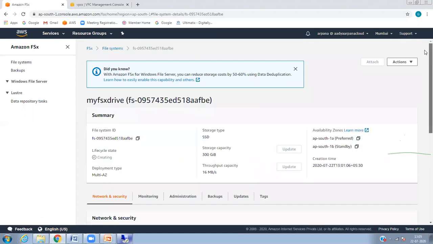See, basically, why do we have to attach? Because, like with EFS, you mount it in the EC2 instances. Same thing, you have to mount it. Mounting is nothing but attaching and getting a drive letter. Once you copy the drive letter, go to the server and map the drive letter. That is the topic, but I don't know, it's not coming. Maybe it takes time to come. However, let's see.